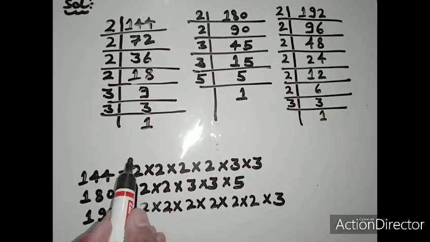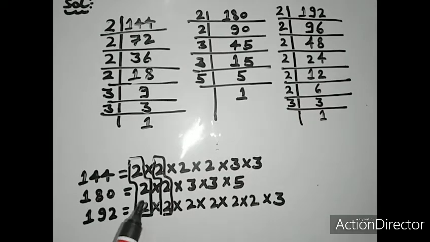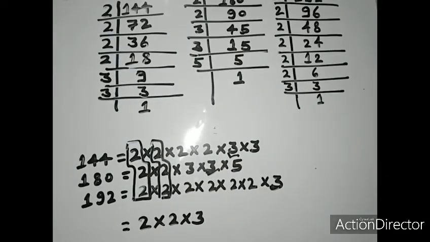Now student, here we take common factors in these all three factors. Now here first we get 2 here 3 times, then again here 2 3 times. So now only these 3 2s and here 3 2s, and there is no other 2 common here. Then only one pair of 3, this one and this 3. So here we write 2 multiply by 2 multiply by 3 and equal to 2 2s are 4 and 4 3s are 12.